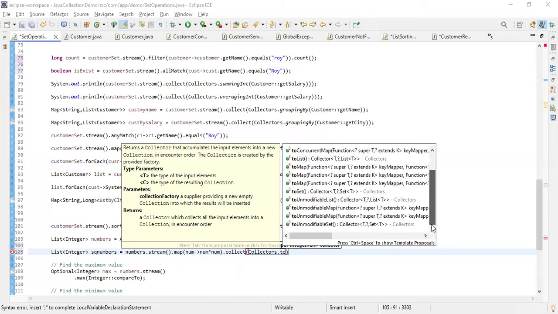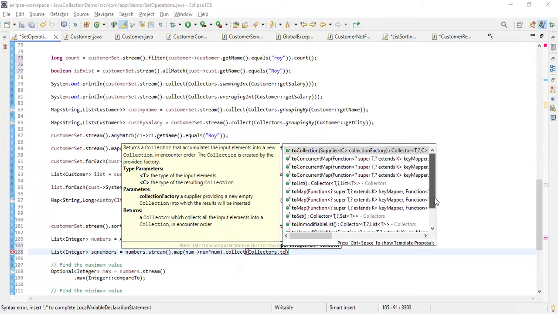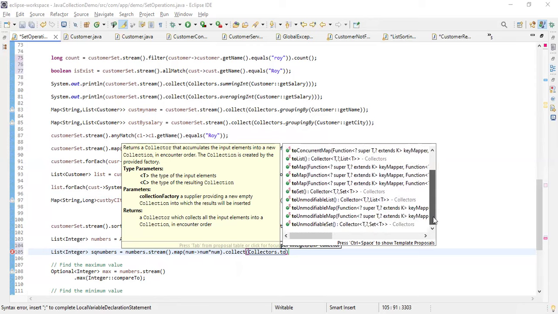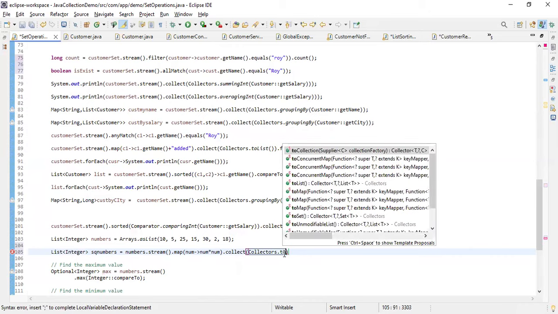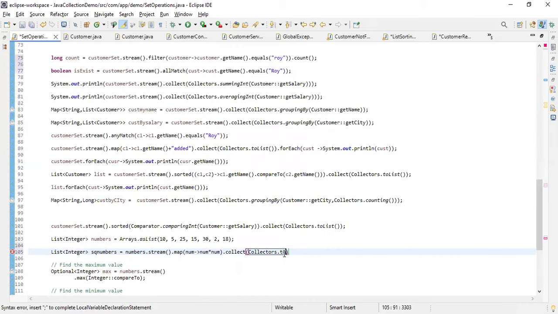So unmodifiable map and unmodifiable set we have also discussed in some other session, when we were talking about immutable objects, or immutable collections. So maybe you can look at that other session for how to create immutable collections. So toList, correct? Like this. So what it will print is